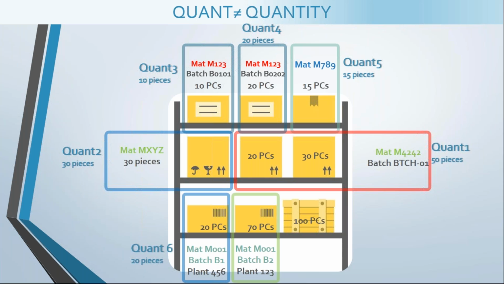So system has to maintain them using different quants, and of course system also knows how many pieces of that material you have in that particular quant. Okay, and at the end we have another material M987, and then system creates another quant for that. Now these quant numbers are created by SAP using an internal number range. They practically do not mean much for us because we never really interact with SAP system using quants, but